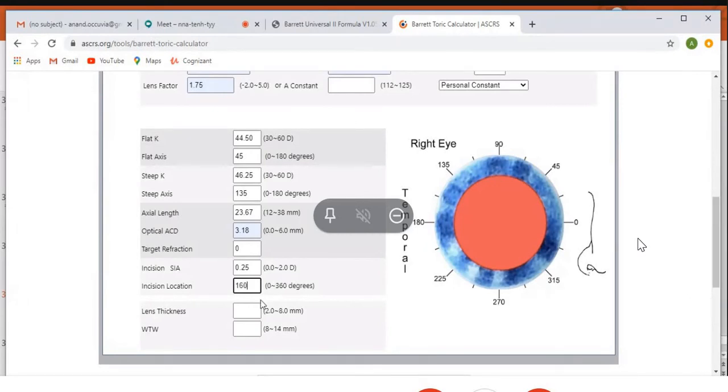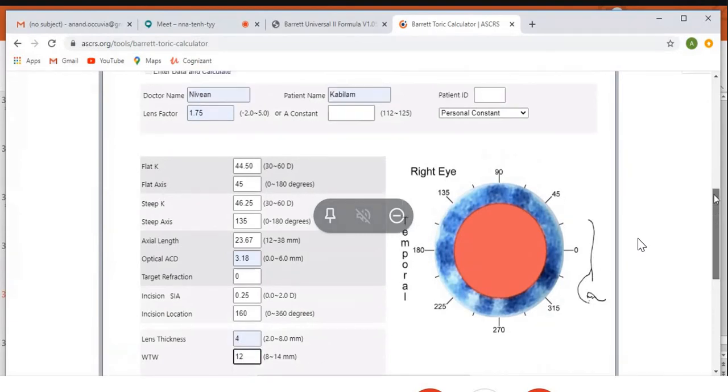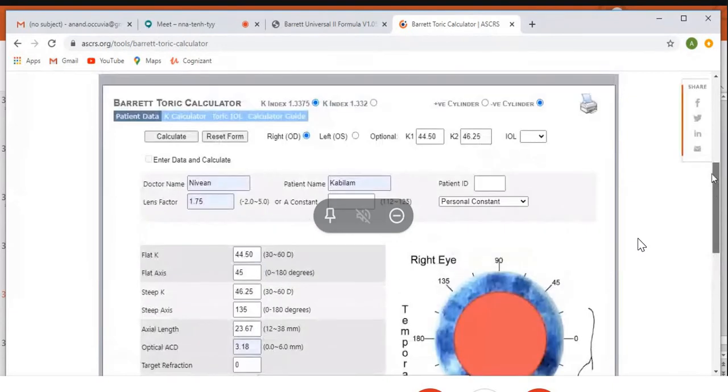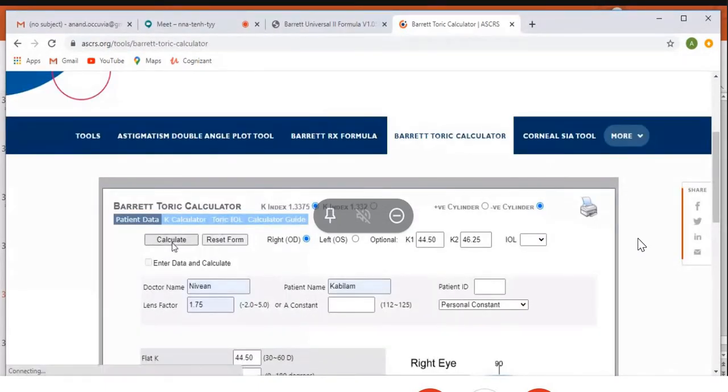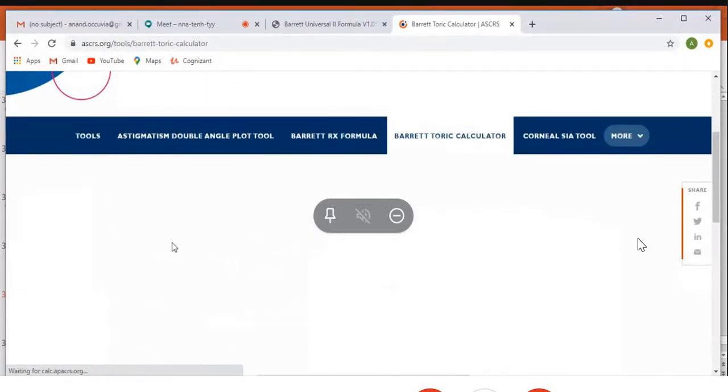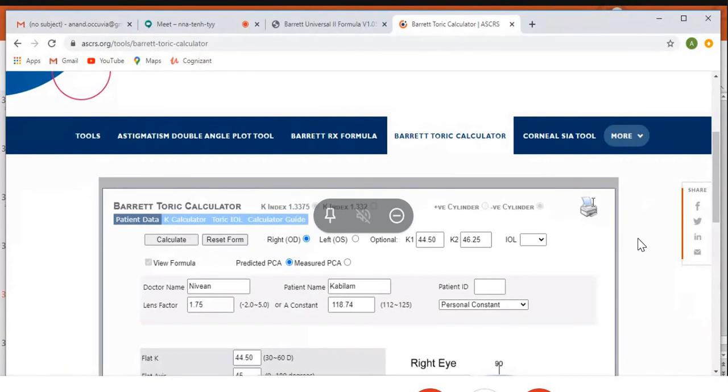Lens thickness is 4 mm and then white to white distance is 12. So this is for the right eye, but for the toric, you can calculate both eyes simultaneously. You don't have to calculate for the right eye first and then for the left eye. So here, after putting everything, you just click calculate. After the calculation is done, you will have